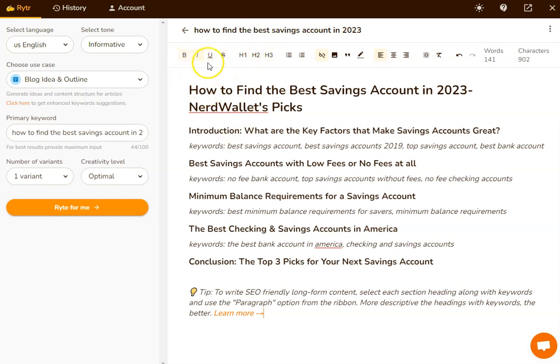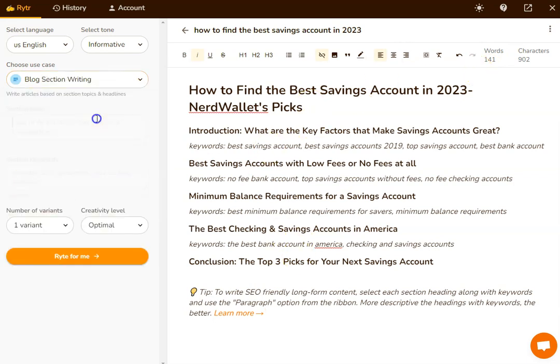titles in here, I can bold, underline, so I can do all of my editing within the cloud, which is another great thing for beginners, because if you've not quite got your website set up, you can start creating your blog content and you can access it anywhere where you can get onto a computer. You can see I've used up 141 words, so I could go through and edit this up,